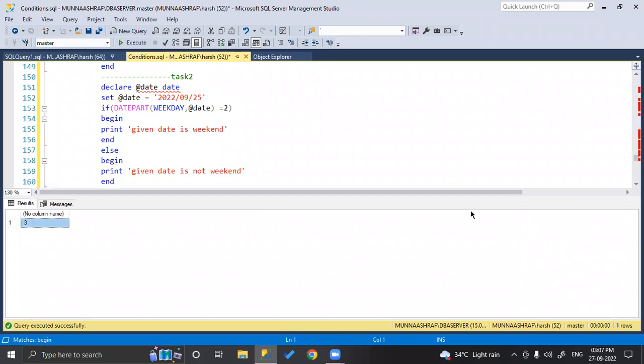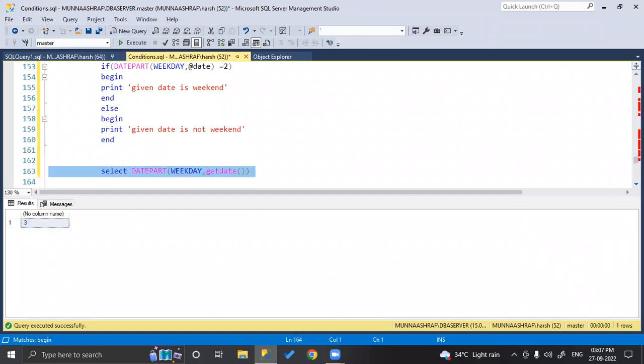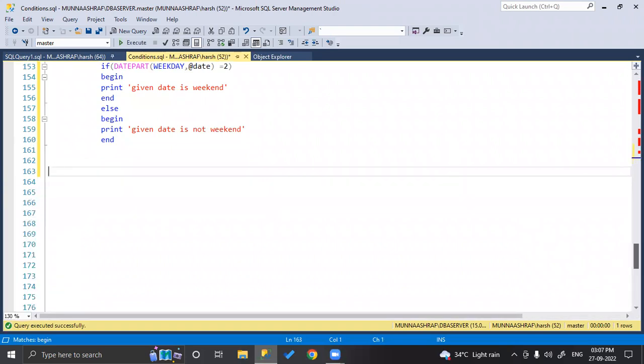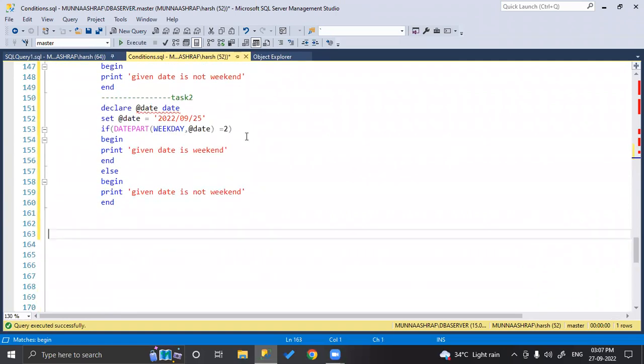we got a 3. Correct? Yes, for Tuesday we got 3. So now the next task: you are given whether it is Monday or not. If it is Monday, it will be 2 only, right? So if I give